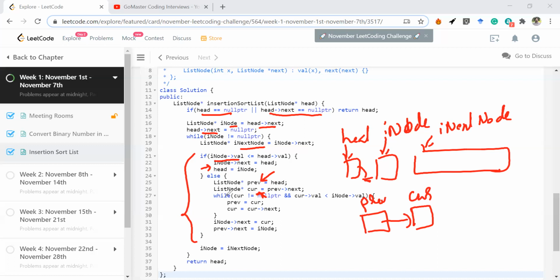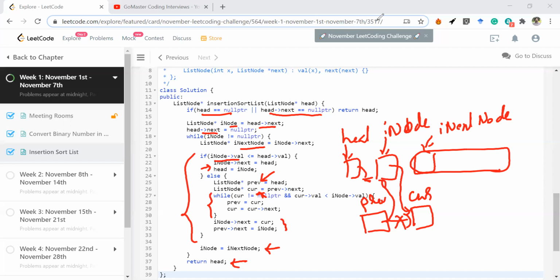We have this while loop here, which does that exact job, and after that, these two lines do the insertion. Look at this, i node dot next is going to point to the current node, and the previous node is going to point to i node. So this pointer is gone. This is as good as inserting there. This automatically inserts it, and now we have a sorted list of one extra size. After that, I point i node to the next node and keep continuing. Finally, head is going to point to the whole sorted list, and I return it. So this should work.